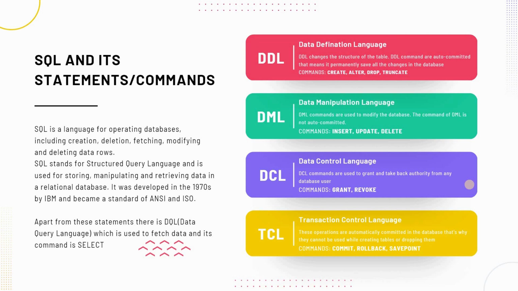Data Manipulation Language or DML is used to modify the data in a table using insert, update and delete. Insert is used to add a row in a table. Update is used to update existing data in the table. Delete is used to delete rows in a table using the where clause. The main difference between delete and truncate is that delete is temporary and we can use rollback, while truncate is permanent, we cannot use rollback.